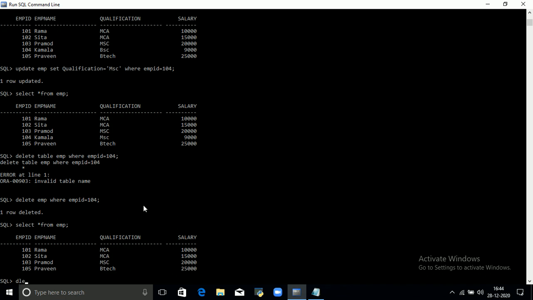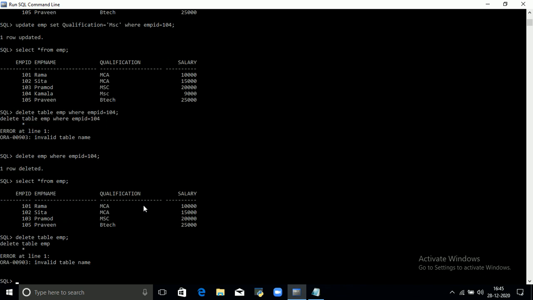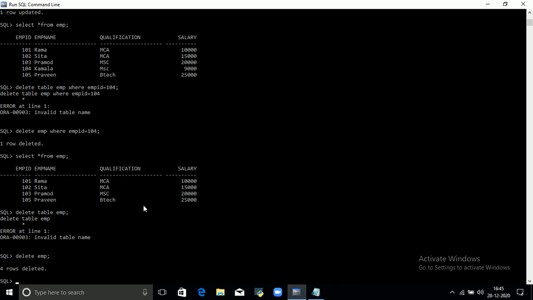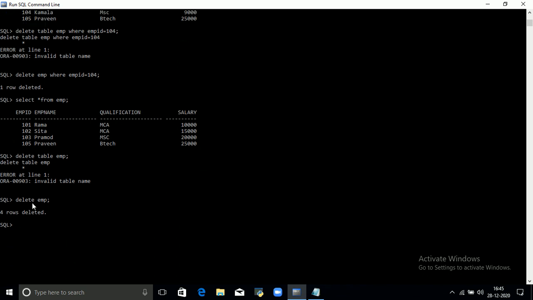So if you want to delete the entire rows, delete table name. So 4 rows are deleted. Okay.